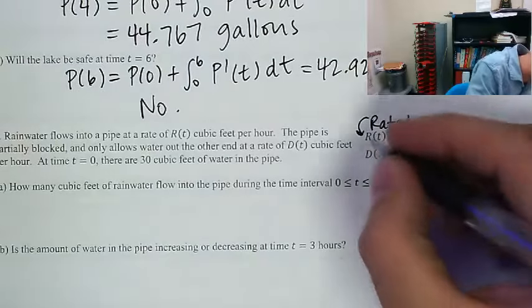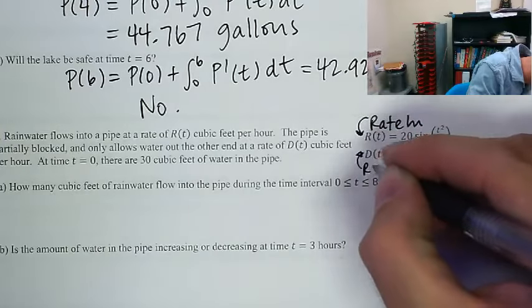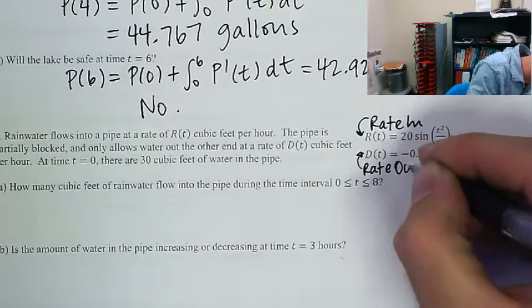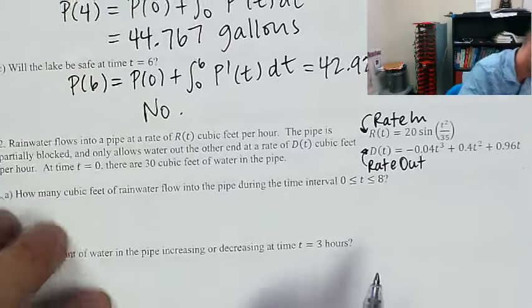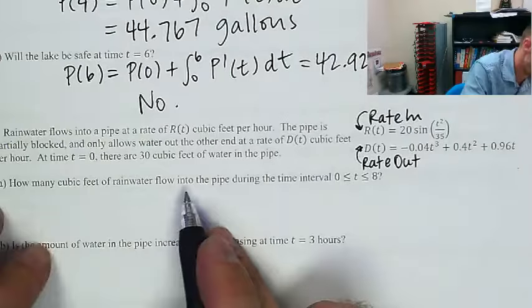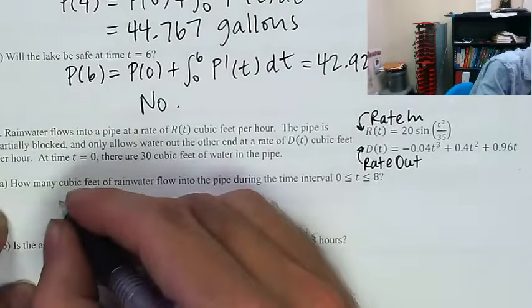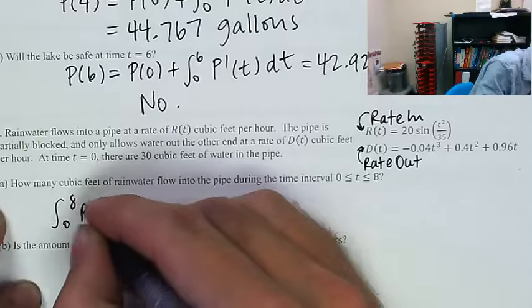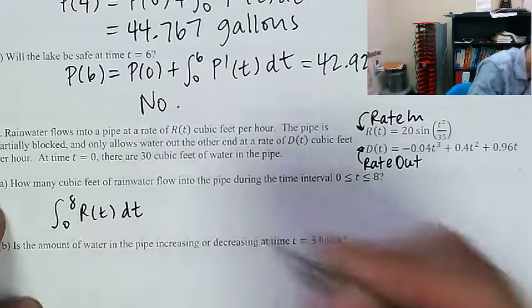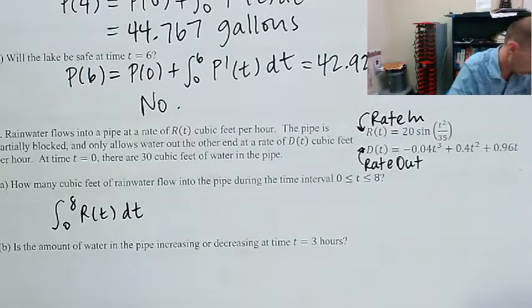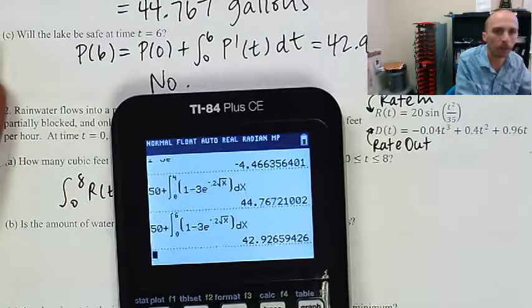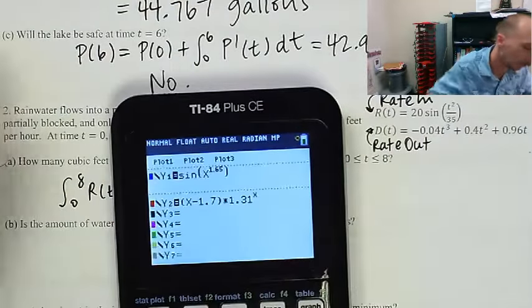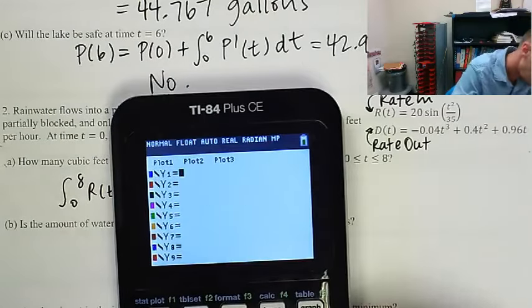So R of T is the rate in, and my rate out right here is going to be D of T. I think it's always good to label which is which. So the amount flowed in is going to be the integral from 0 to 8 of R of T dt. This is one of those good old-fashioned rate in and rate out problems. And so in general, I recommend on those